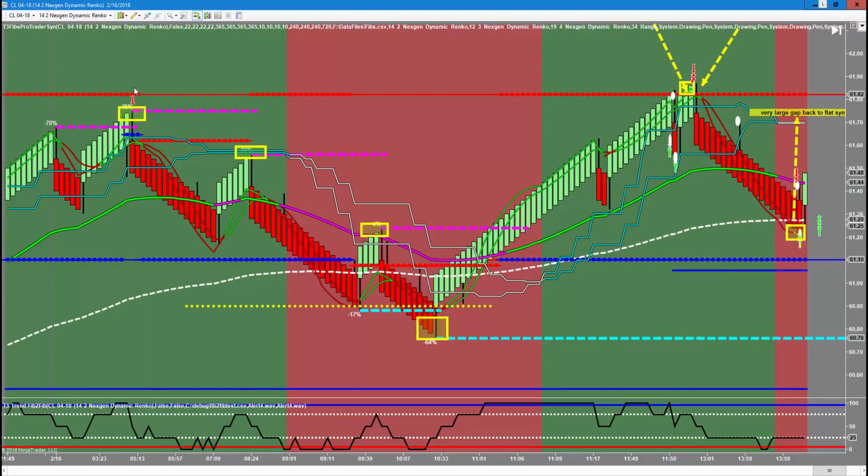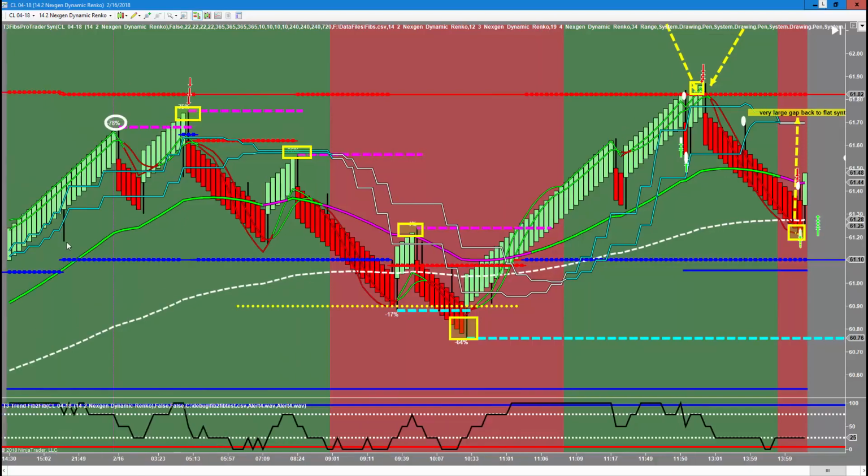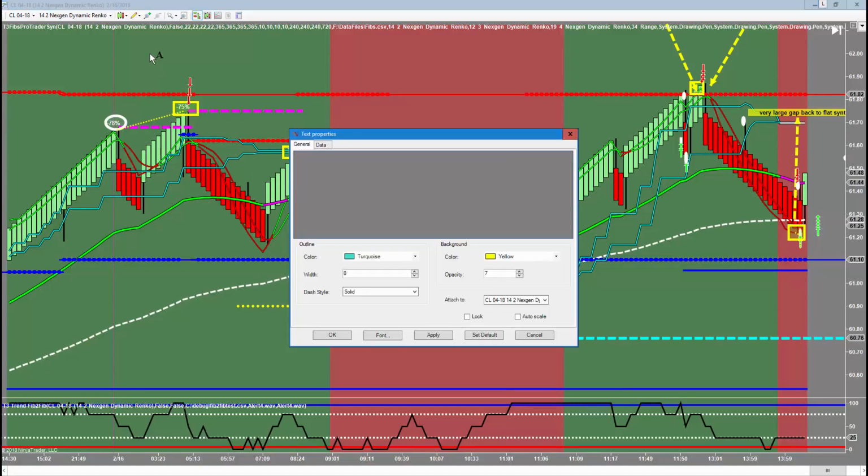So again, look, we had divergence. What does that mean traditionally? Traditionally, it means we're going to take out the last low. Right? Well, they didn't because it was still going up pretty strong. But then we had a second divergence with a pivot stop out. I don't care who you are, when you do it, how you do it. If you have 2 divergences and a pivot stop out,